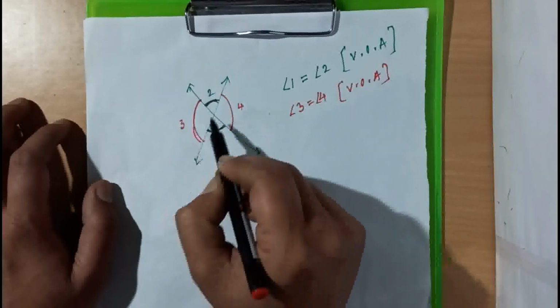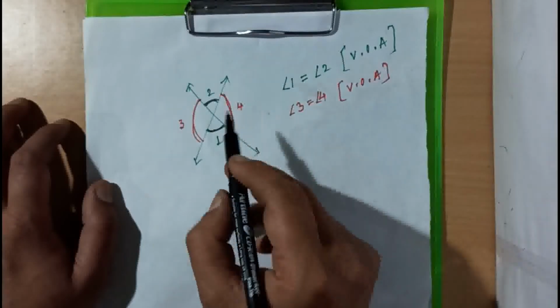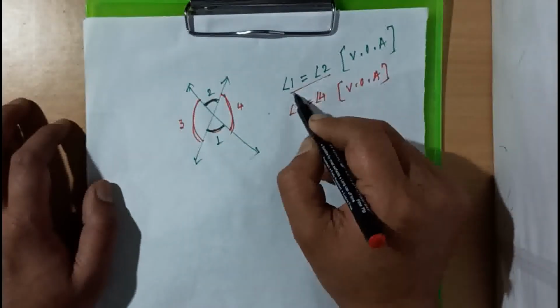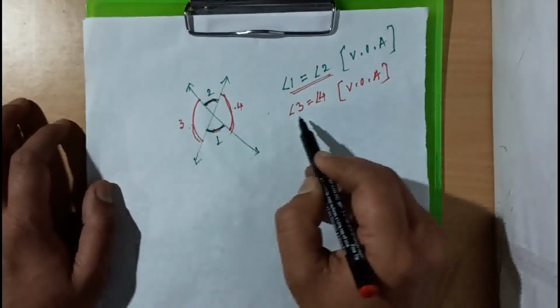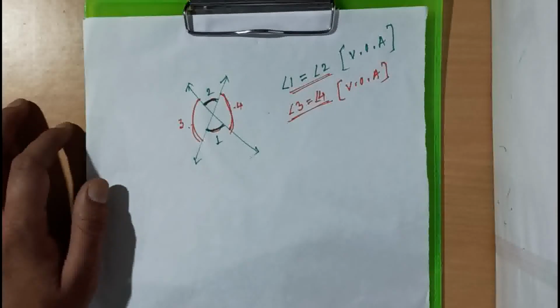Similarly, these two angles are also a vertically opposite pair, and this one you can try at home. Try to measure them. If you measure these two angles, you will find they are equal, and if you measure these two angles, they will also be equal. And at the same time, if you notice